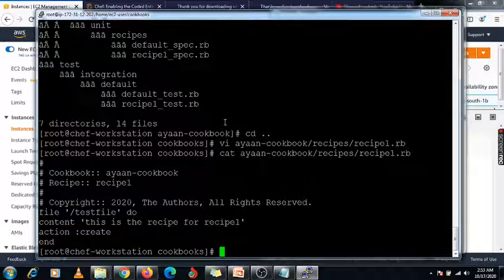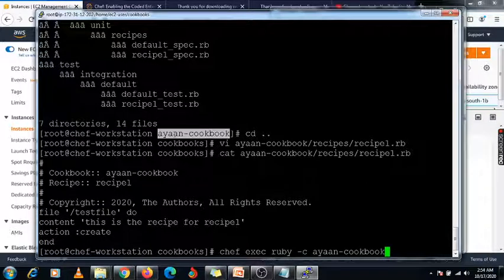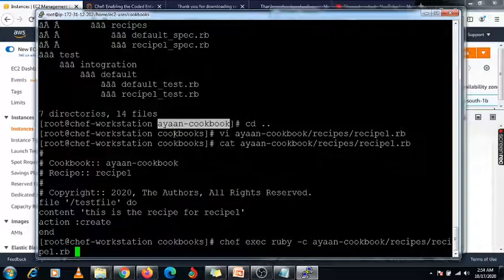Now how can you run that recipe? So there is a command. First you need to check whatever content you have written inside that recipe, whether it is correct or not. So using chef space exec space ruby space hyphen c for check, space, you need to mention the cookbook name, that is my Ayan hyphen cookbook slash recipe slash recipe 1.rb.